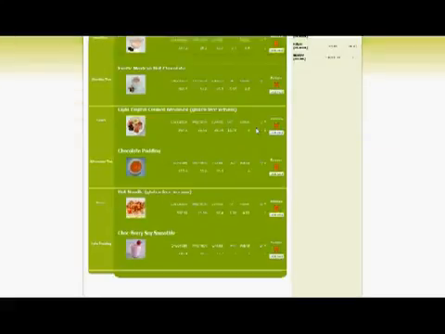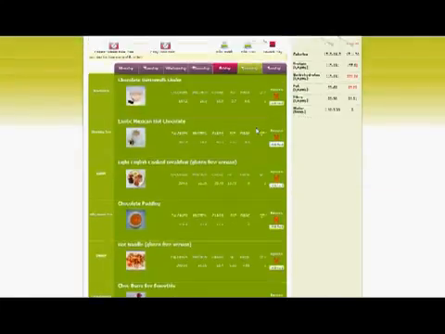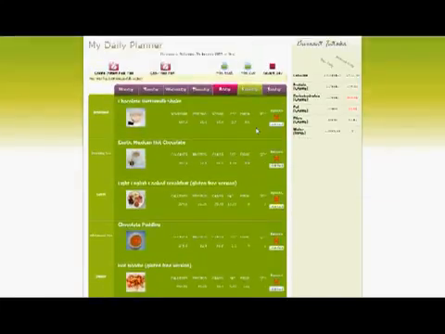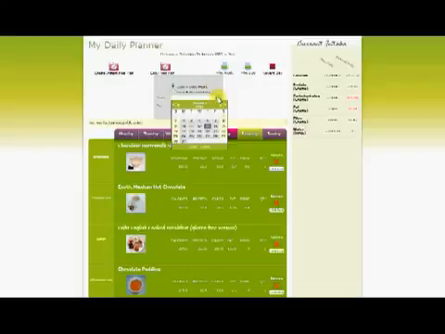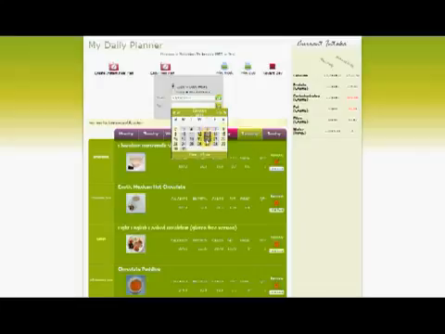If this is a meal planner you've created and you really like it and you'd like to copy it over to other days, click on the copy meal plan, and again you've got the option to copy a day or copy a full week across. Select the date, so we're going to copy the one on the 13th across to the 20th and click submit. It asks you to confirm that you want to copy meals from the 13th to the 20th. Click OK,